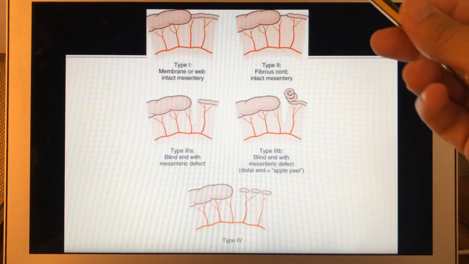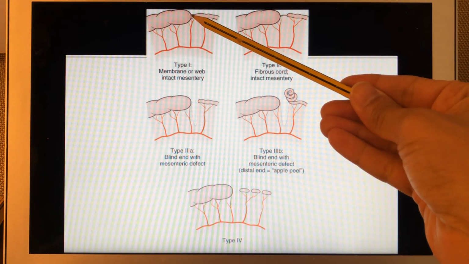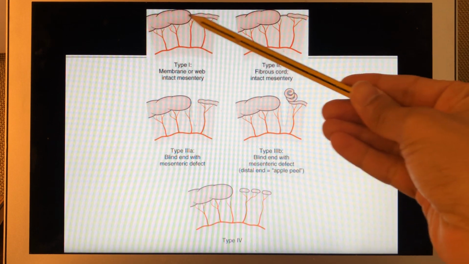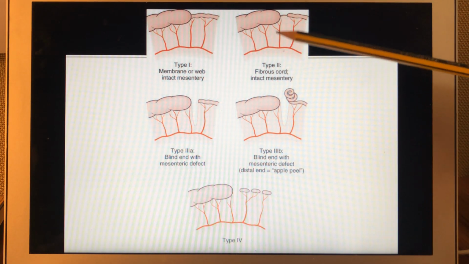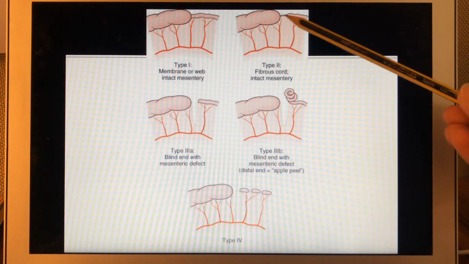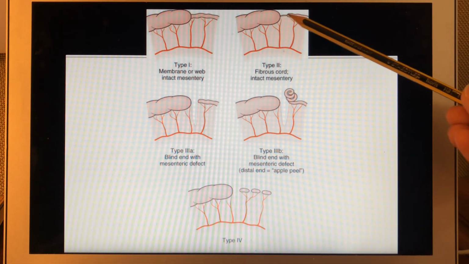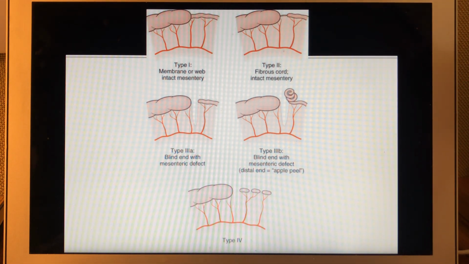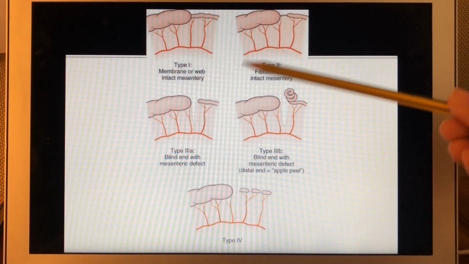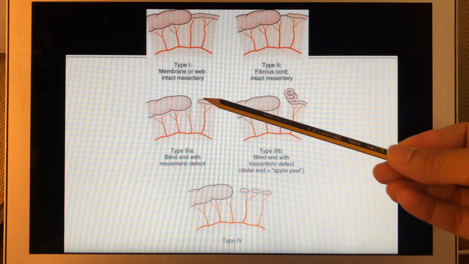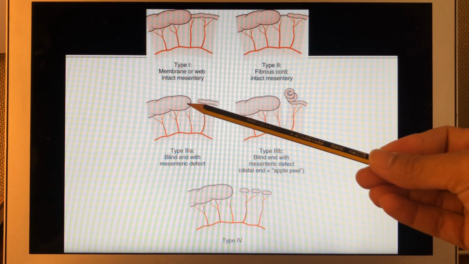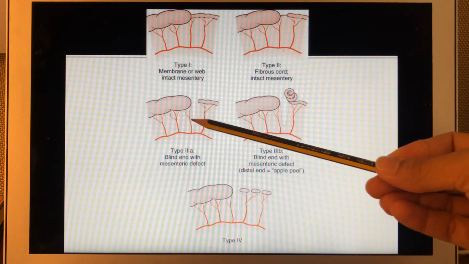Type 1, where there is only a mucosal web occluding the lumen of the intestine. Type 2, there is a fibrous band connecting the 2 separate lumens, but the mesentery is intact. Type 3, the 2 sides of the small bowel are separated, and there is a defect in the mesentery,